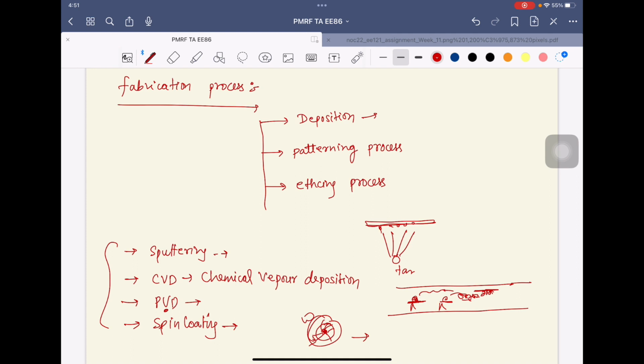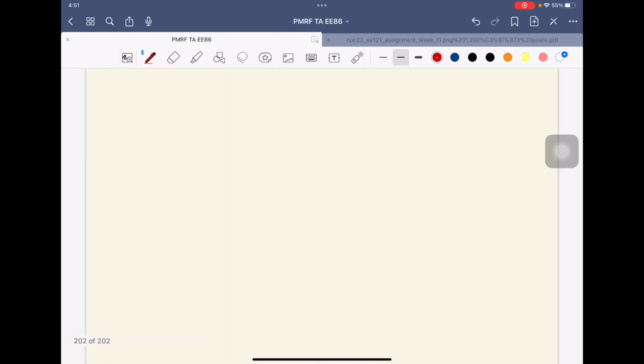Then we come to the patterning process. In the patterning process there are many types of process which depend on your resolution, what resolution you need, how small you have to go. Okay, so you have photolithography, you have e-beam lithography,